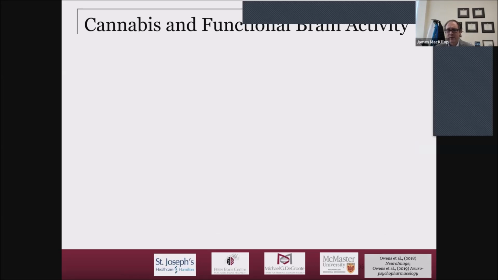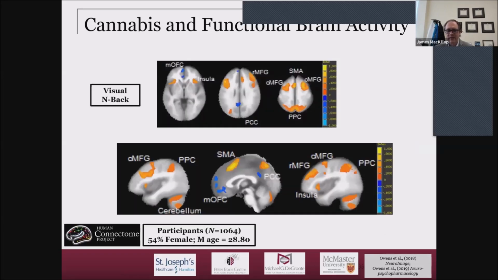We also went one step further. We looked inside the Human Connectome project at the brain activity during another working memory task. In this case, we looked at what's called visual N-back. It's a measure of your ability to remember on a screen just the picture you saw 2 pictures ago relative to the picture you're looking at right now. And we conducted a study first characterizing the neural signature of working memory performance in the Human Connectome project sample. We found pretty standard effects. We found supplementary motor area being implicated, right middle frontal gyrus,